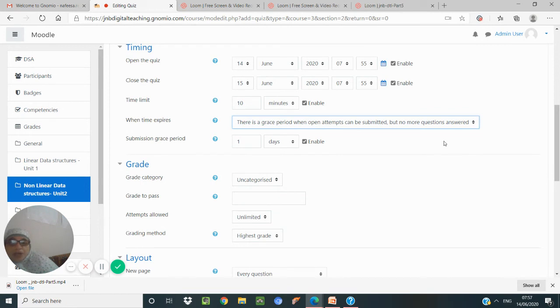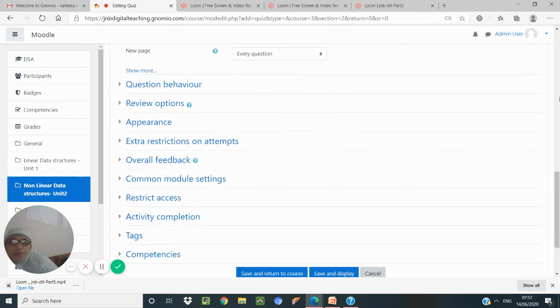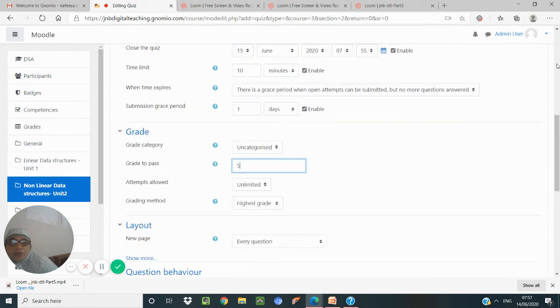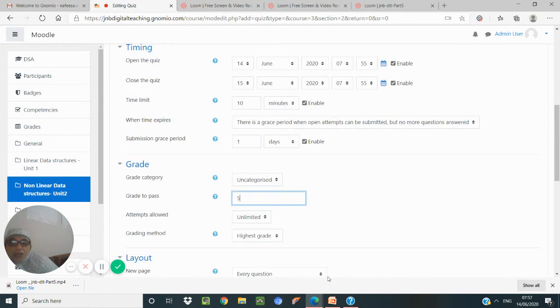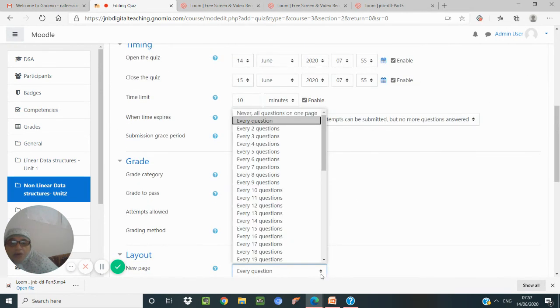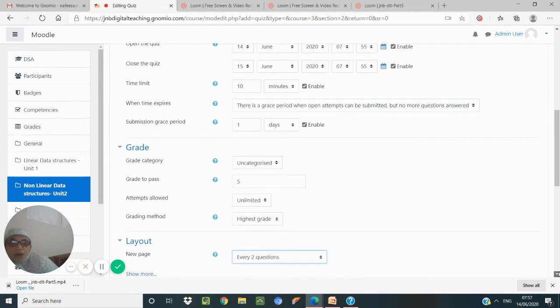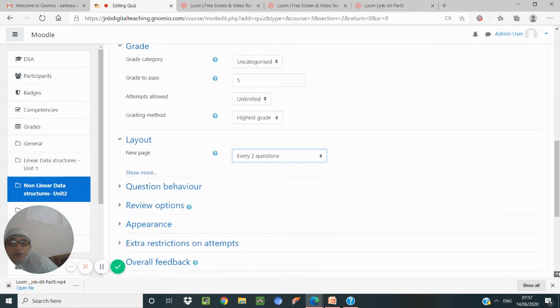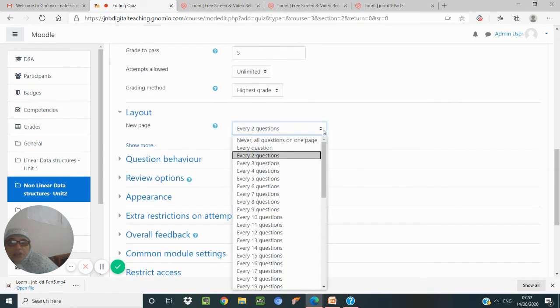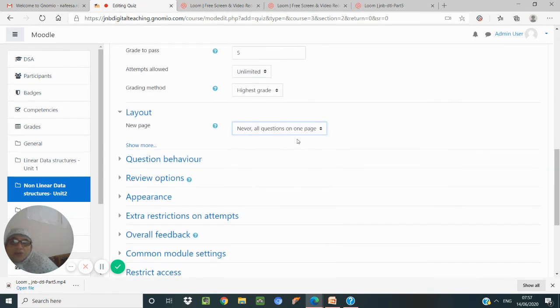There is a grace period. And then how many grades to pass, for example, 5. This is in each page, how many questions to be displayed, 2 questions in one. Or you can give this option, all questions will be coming in the same page.